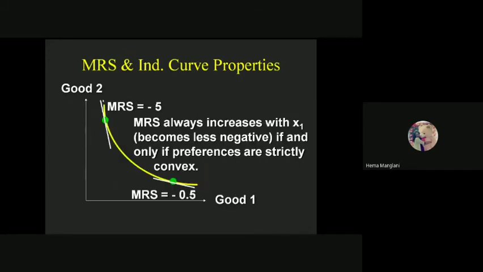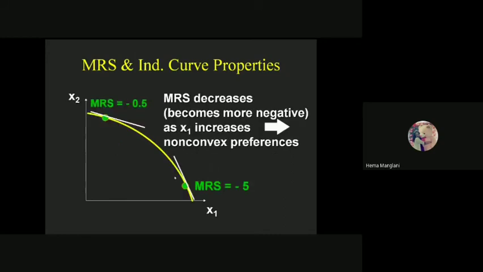We have here this indifference curve. If you calculate your MRS, let's say it is -5 here, but when you arrive here, then it is equivalent to -0.5. So what does it mean from this point to this point? When you come down, your MRS is declining and it is now less negative. And because of this, your substitution cost is also less, and you want to follow the average bundle of these two extremes, and we call these preferences convex preferences.